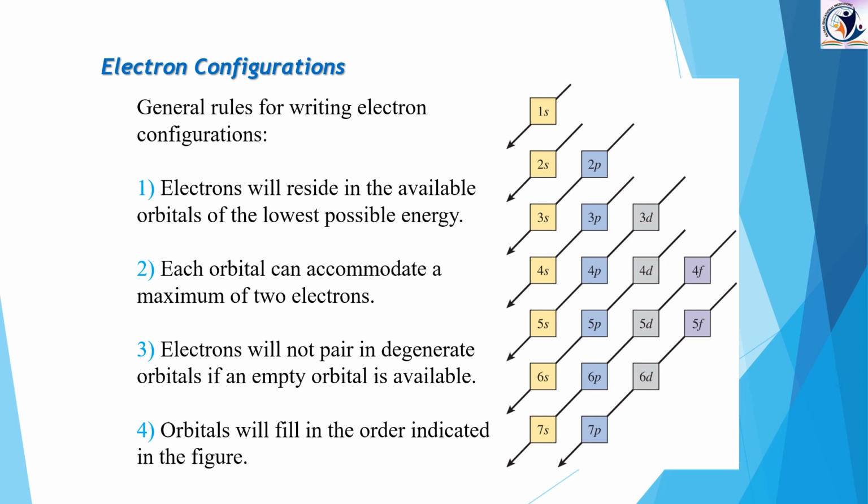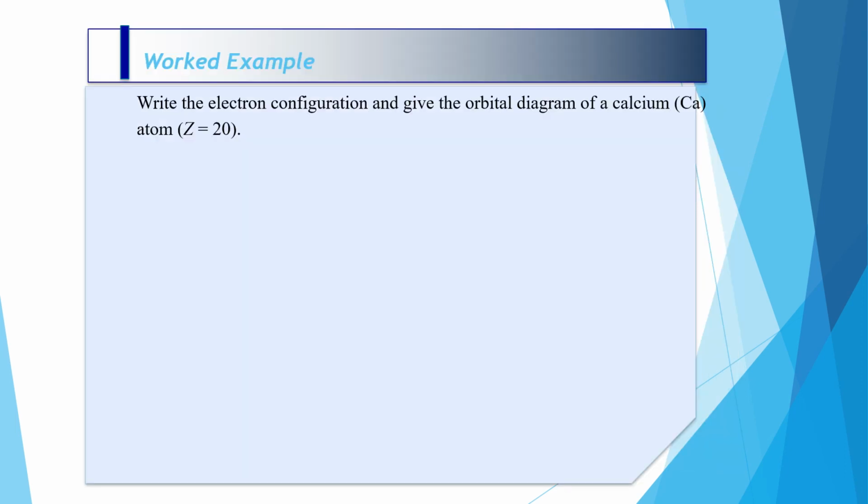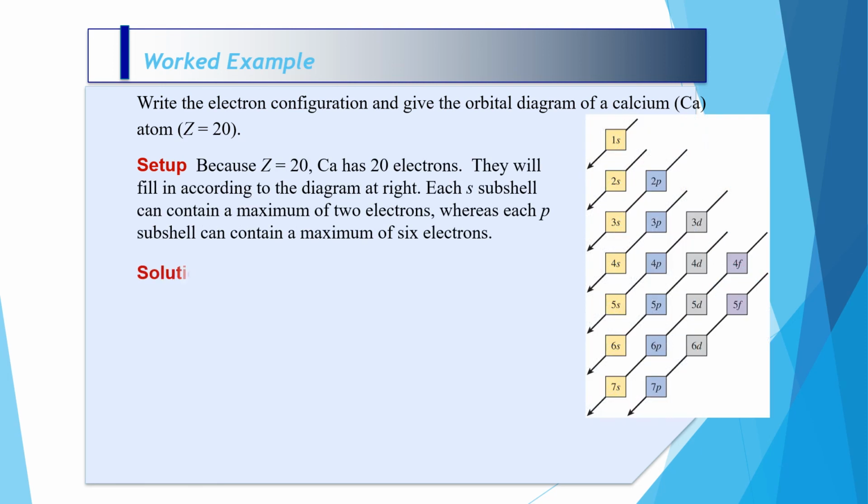Got it, children? Don't get confused. Practice very well, then you can understand very clearly about this. This diagram is very important; without any confusion, you can easily write down the electronic configurations. Okay, work out the first: Z equals 20, that is atomic number 20. This is the strategy I told you already. Let us come to the solution. So for the setup strategy, I'm following the diagonal rule over here.